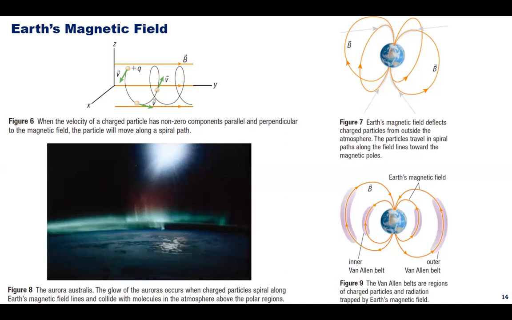This motion results in a concentration of charged particles at Earth's north and south magnetic poles, which is shown here in figure 7 on the top right. The collisions between the charged particles and items in the atmosphere release light that causes the glow of the aurora in the northern and southern hemisphere. At high altitudes in Earth's magnetic field are zones of highly energetic charged particles called the